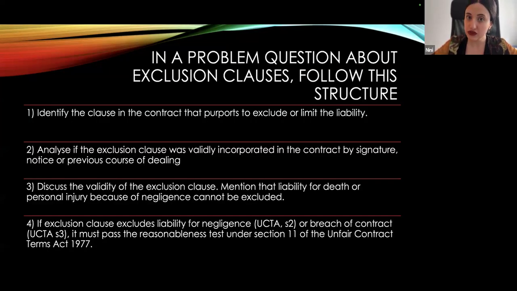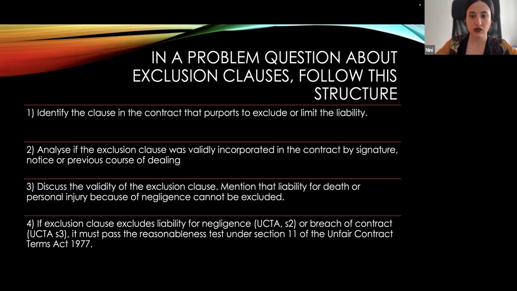Now, about exclusion clauses. In a problem question about exclusion clauses, you should follow this structure. First, you need to identify the clause in the contract that is aiming to exclude or limit liability. Second step would be to analyze if this exclusion clause was validly incorporated into the contract. There are different ways of incorporating an exclusion clause in the contract. The most common ways are signature, notice, or previous course of dealing. Discuss the relevant